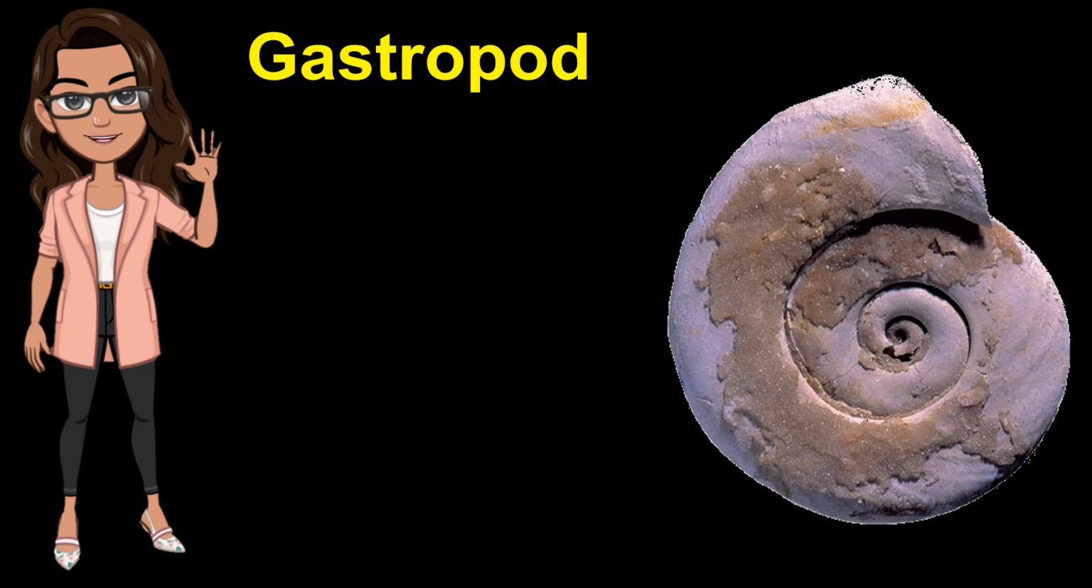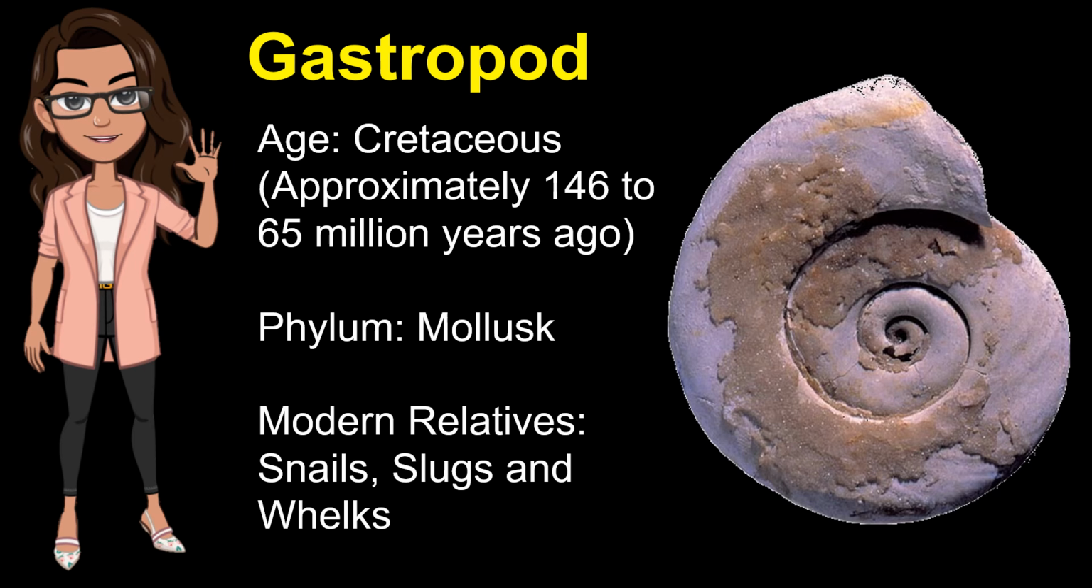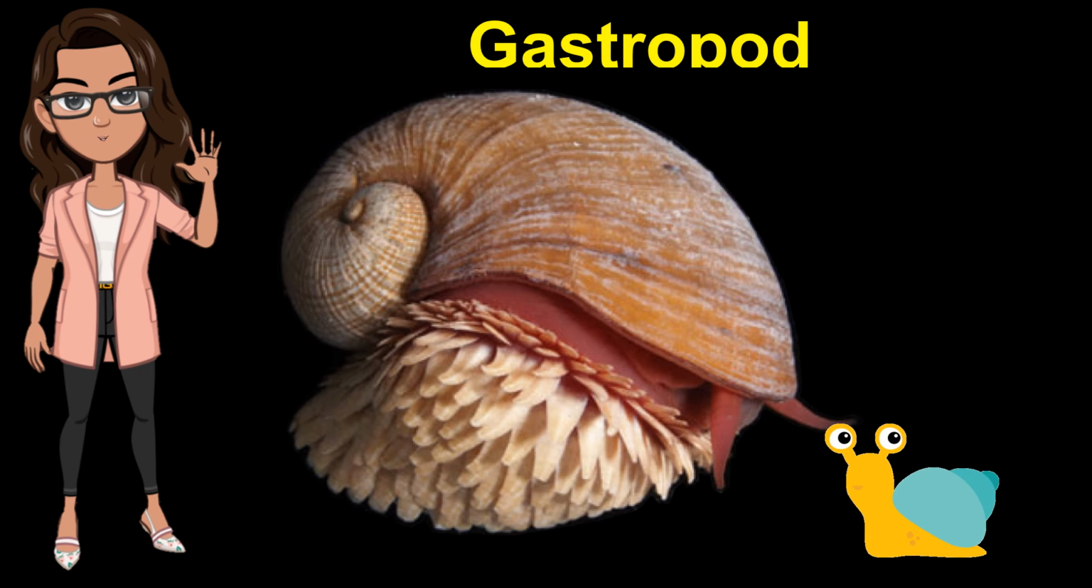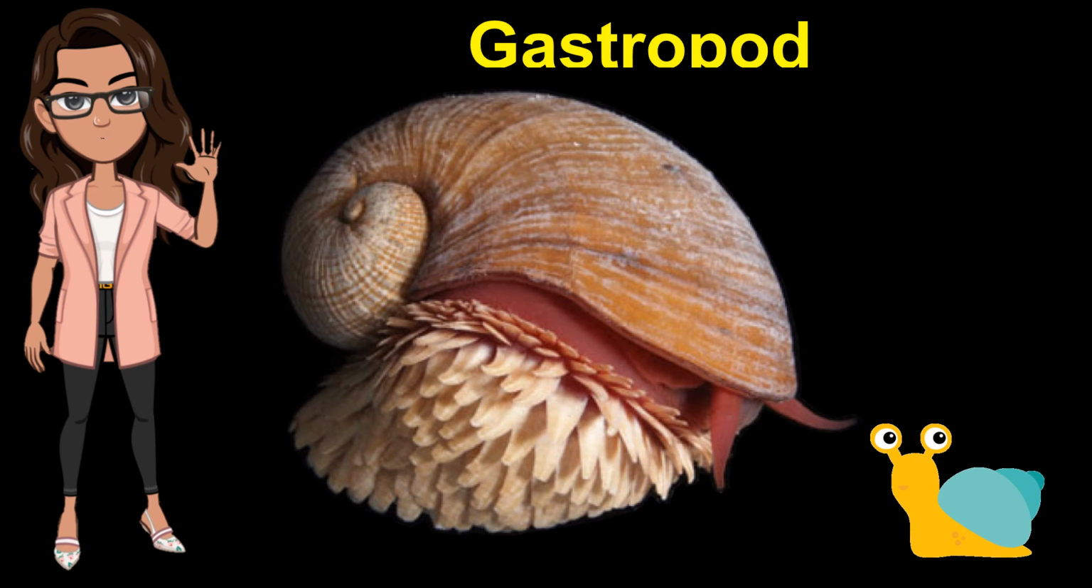Next is the gastropod. Age, Cretaceous, approximately 146 to 65 million years ago, under phylum Mollusk. Modern relatives are snails, slugs, and whelks. Gastropods were marine animals. There were many different species of gastropods. All had coiled shells,